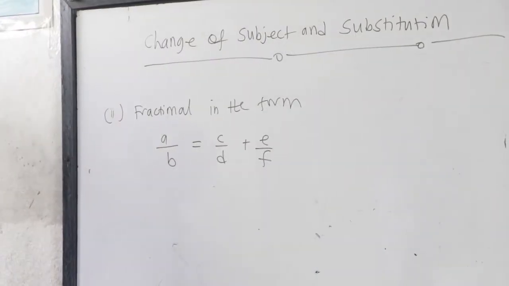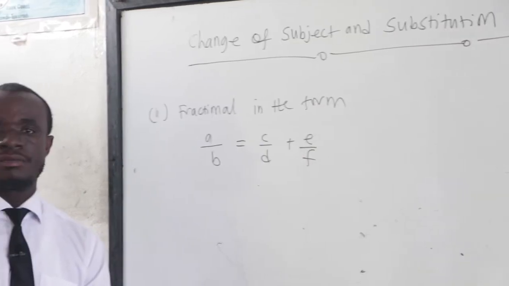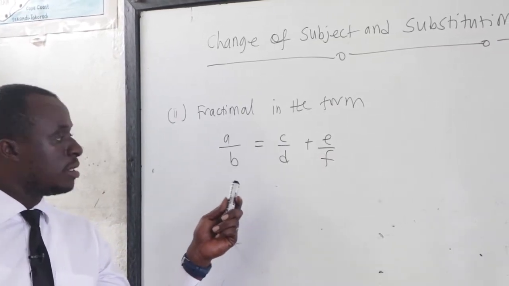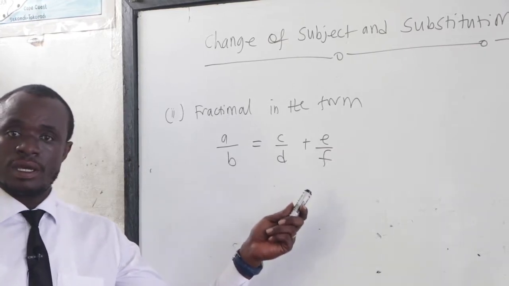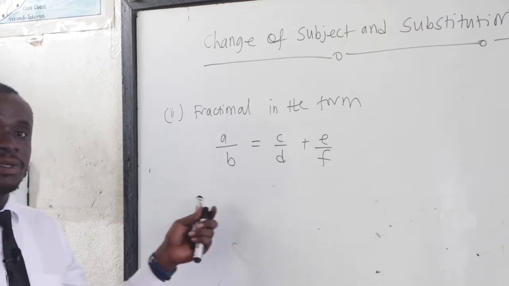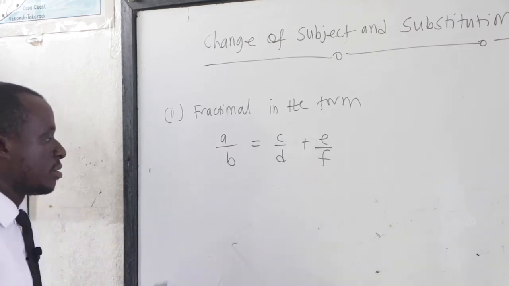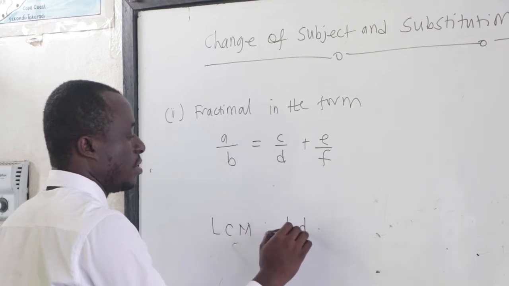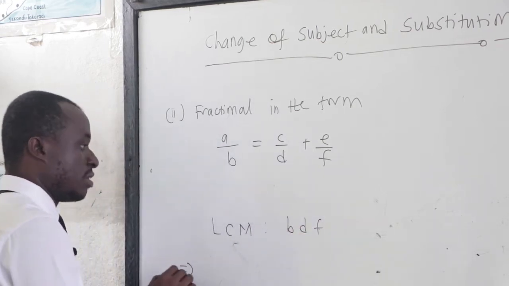Okay, the next one is a fractional form, still under the case 2. Now in this case, we normally multiply through with the LCM. And the LCM is the multiplication of the denominators. So the LCM, in this case, is BDF. So this implies that